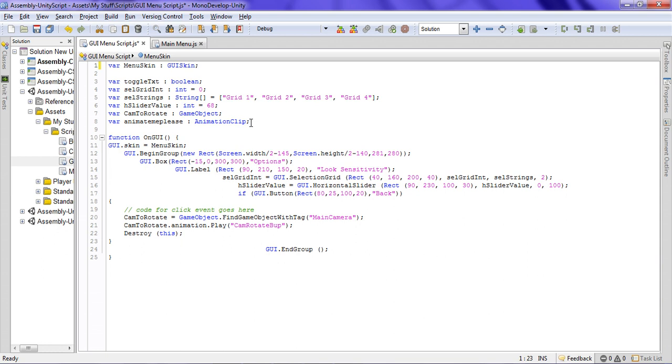Anyways, basically you're going to say GUI.BeginGroup, and then you tell it what size you want the main window of your GUI to be, and the x and y coordinates. Basically this is an x, a y, and then a width and a height. I forget whether it's width and height or height and width, but I think it's width and height. Then if you want to make a label, you say GUI.Label,